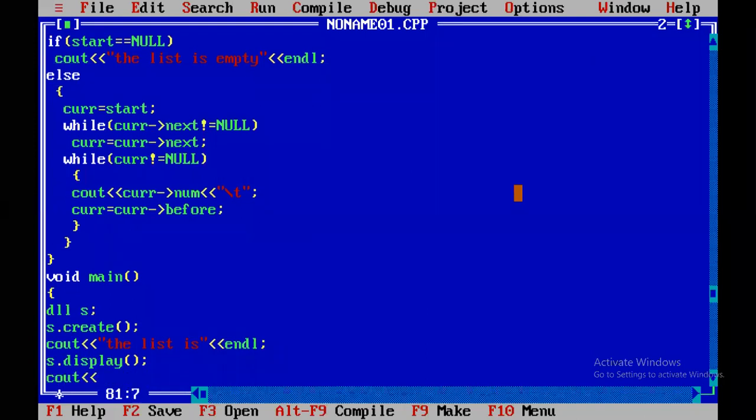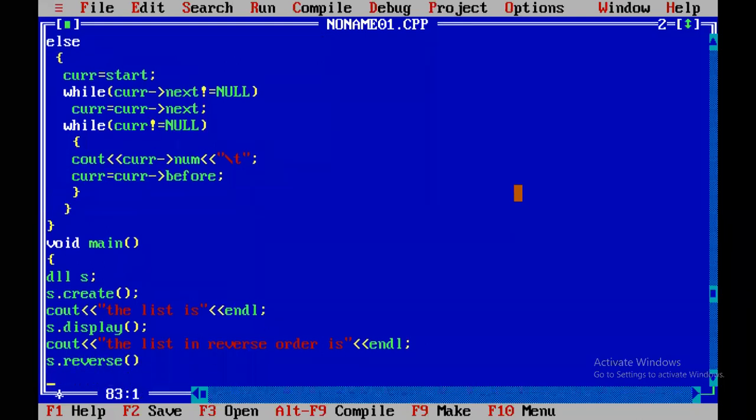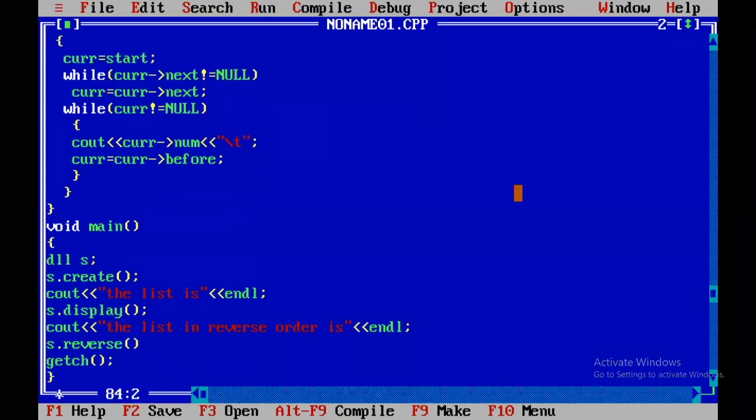Then cout the list in reverse order, and then S dot reverse. So these are the three modules: create, display, and reverse.